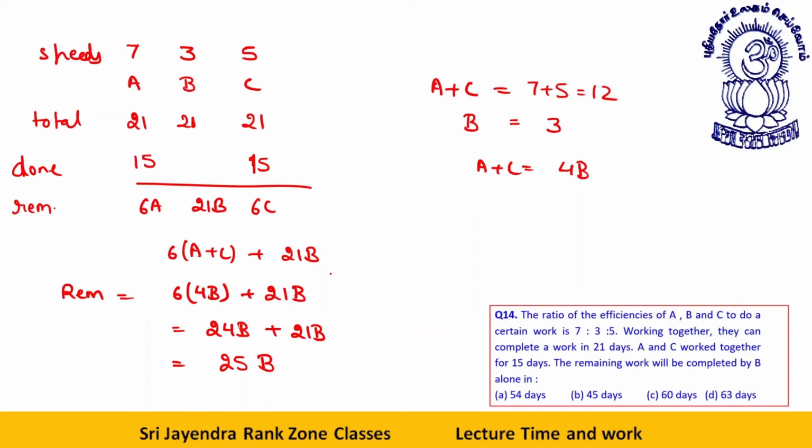Okay, dear students, I hope this part is clear to everyone. Oh, I'm sorry, this is 45B. I intended to write 45. I don't know how I made this mistake. Anyway, the remaining work is 45 days of B. I'm sure it must be clear to all of you.